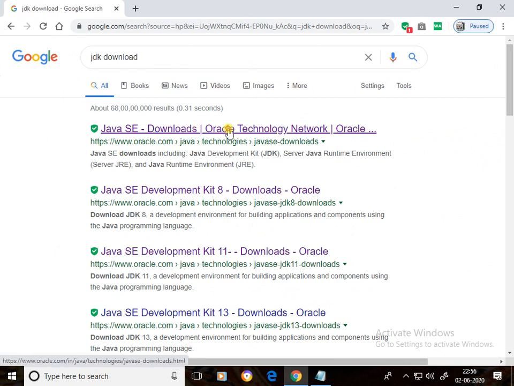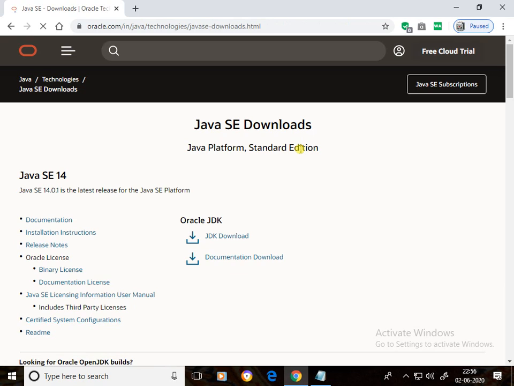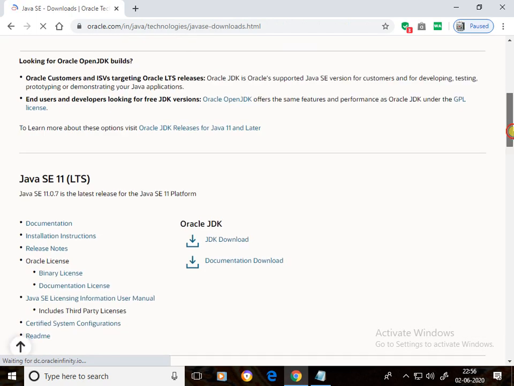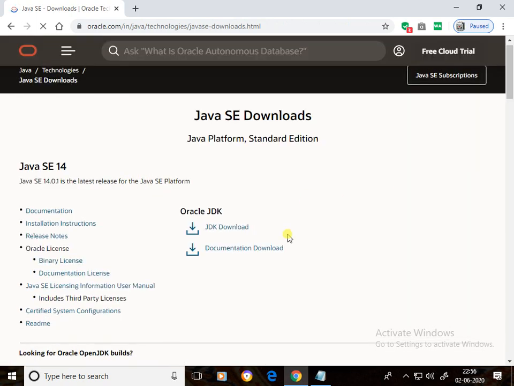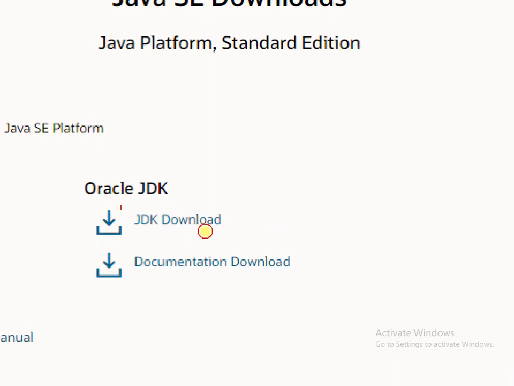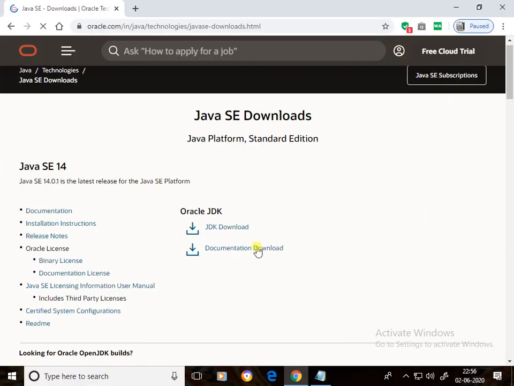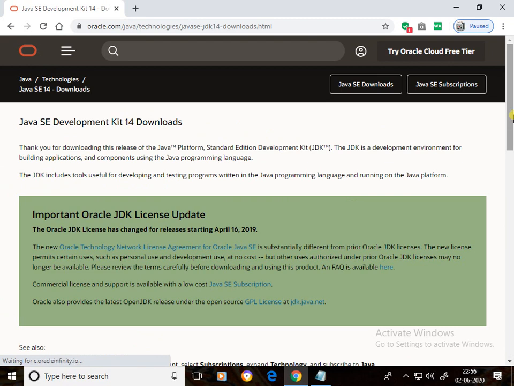Click on this hyperlink. Here, Java SE downloads. Here, JDK download. Click on this hyperlink and scroll down.